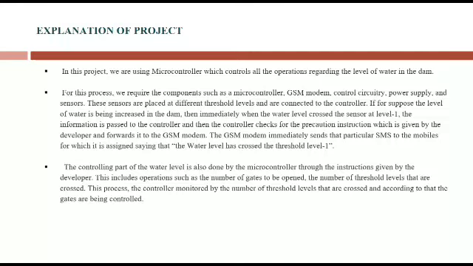After the level sensors come into contact with the water, the information is sent to the microcontroller, which displays the message on the LCD which was provided to it via the code. Then the driver interfaces the software interrupt to the DC motor, making it open or close the gate when needed. When level sensor 3 senses that the water has reached or exceeded the level, it passes the information to the GSM, from which the alert message is sent to the mobile numbers which are already present in the code.